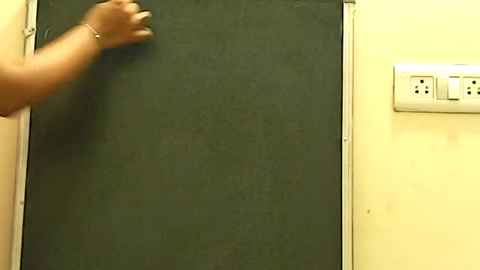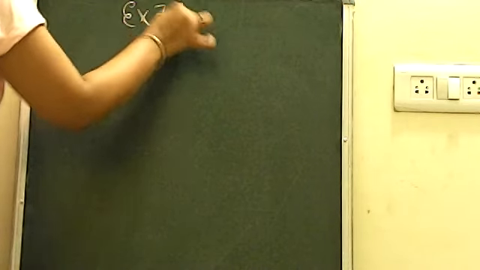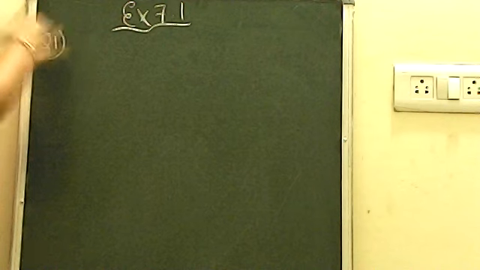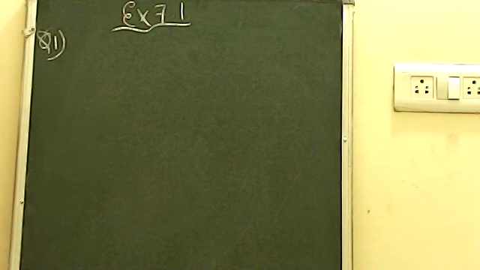Today we are here to discuss exercise 7.1. Now let's see what is there in exercise 7.1. First of all, we are going to begin with question number 1 from exercise 7.1. It says that you have to find out the complement of each of the following. Now we have already studied in our previous concept what a complement actually is, so I will not go into much detail. If you want to see that, you can do it from the previous concepts. Now it is telling you to find out the complement.